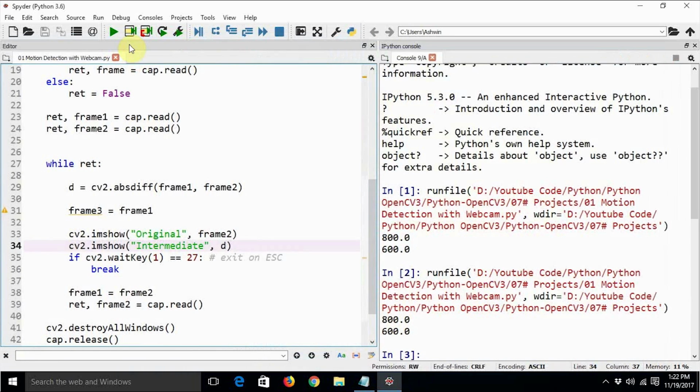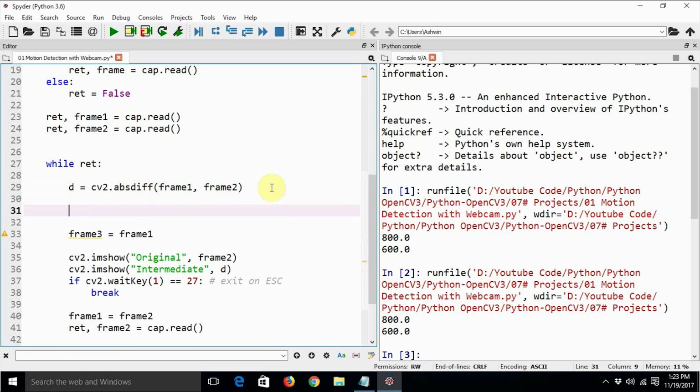So we are going to work on that. Now D is actually one of the important outputs that we have gotten till now, and we are going to use this D further in order to calculate the next steps. The next step is to convert this into grayscale, because we have got the frames which are different, and the color is not going to be useful.